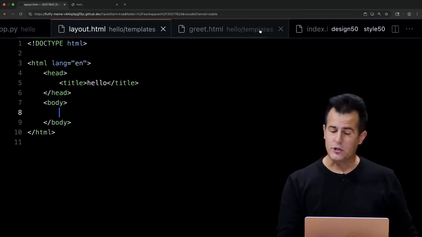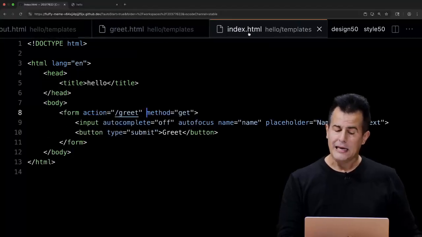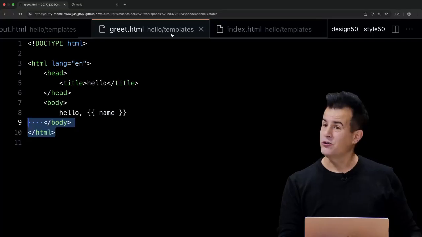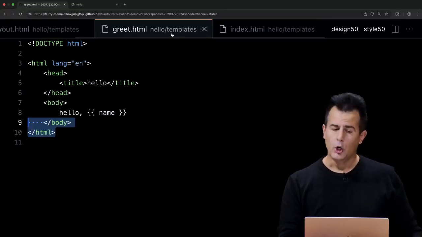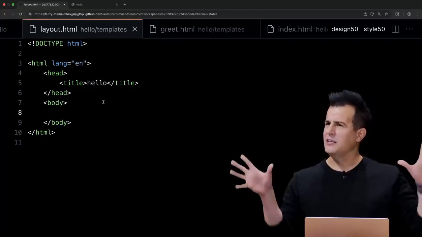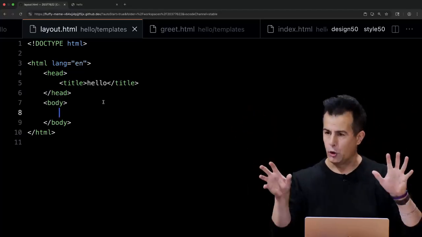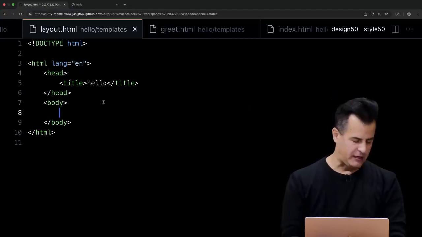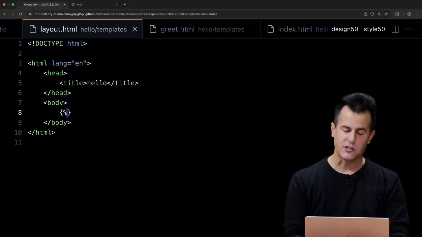In index.html, it was a web form. In greet.html, it was just a simple string of hello, comma, so-and-so. So what I want to tell Flask is that everything in the body will just be a dynamic block of code. And the syntax for that, which takes a little getting used to, but it's also sort of copy-pastable,